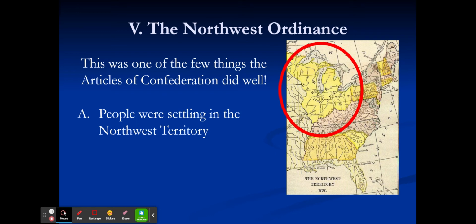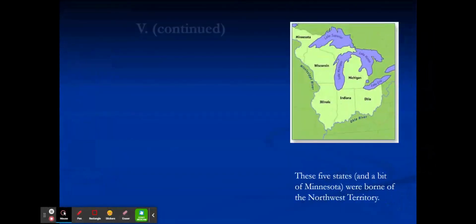That might not seem like a big deal, but it is. They're saying anybody living in this territory, this area that's not states, is going to be treated equally to everyone who is living in one of the states. Right? Scholars, that's really important because this is what the colonists had just been going through with their mother country of Great Britain. Right? They themselves had been colonists who were not being treated equally. So the Northwest Ordinance stated that these colonists would be treated equally.